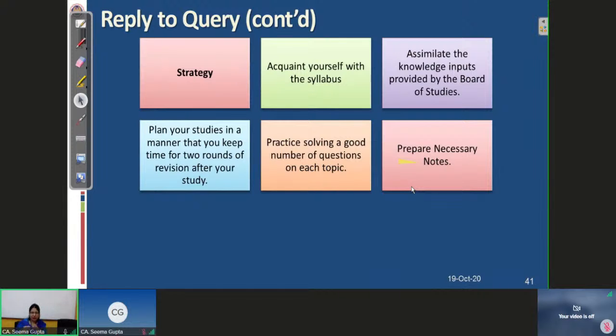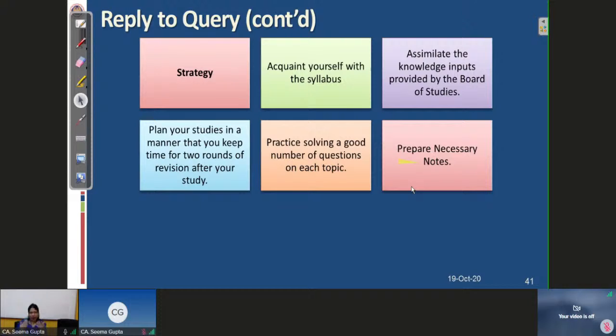However, right now we will not discuss completion of the syllabus. I am rather presuming that you have already completed your syllabus and right now you are in the revision stage. Revision stage means you are just attempting more and more mock tests or RTP questions or previous examination question papers. You have completed your first and second round of study till now.